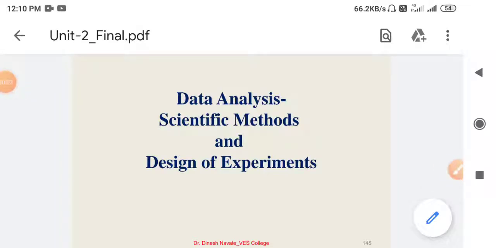Next important part in this data analysis method is how we can assign a certain scientific method to an experiment, and how we can design the experiment for the required purposes. All of these experiments that we are studying in the labs were developed by certain scientists. All of these experiments were performed rigorously using various methods.